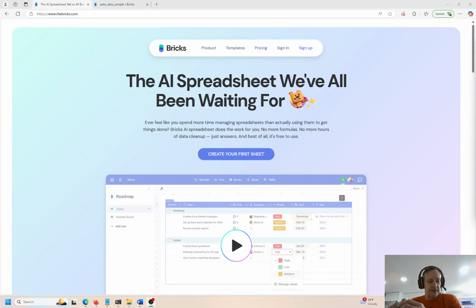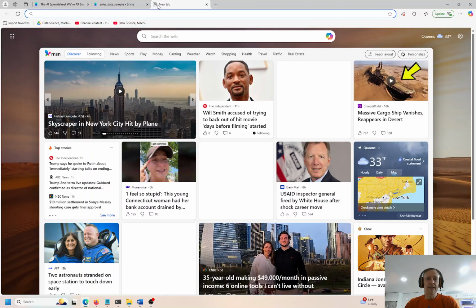I talk about all kinds of data science topics, machine learning, artificial intelligence, deep learning, and this definitely falls under the umbrella of AI. This is an AI spreadsheet. I just found this thing literally yesterday, a little bit less than 24 hours ago. So this thing looks pretty cool. You can Google it. It's AI spreadsheet,